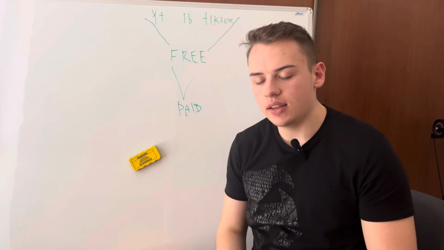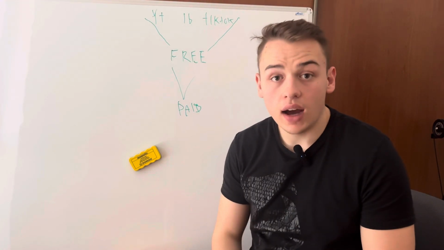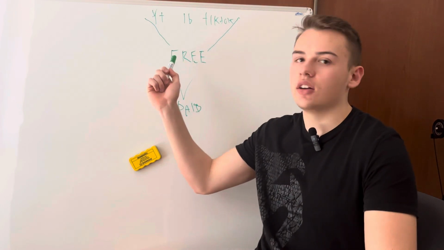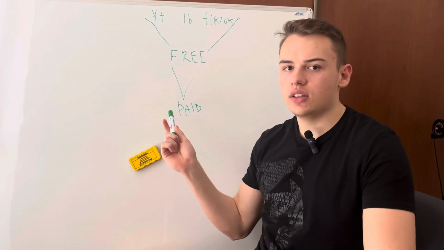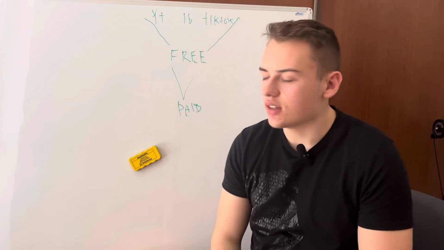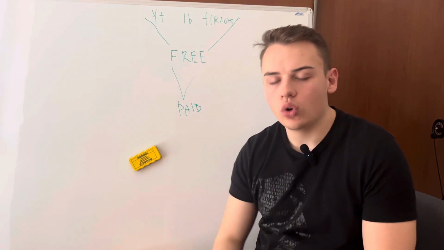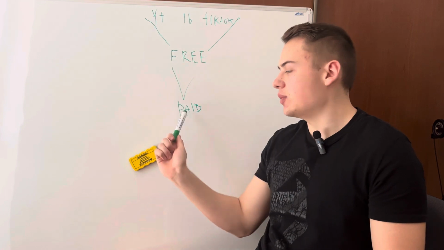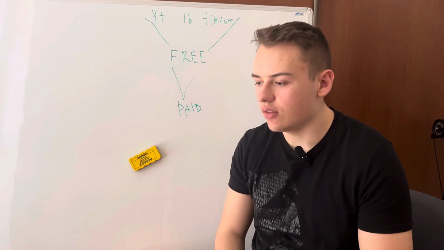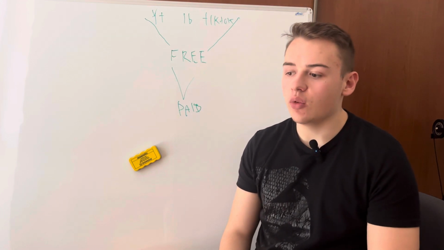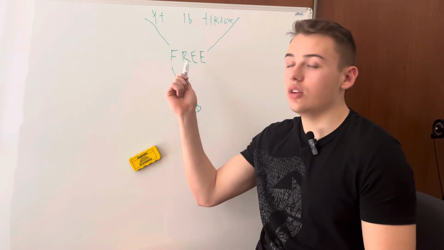So this model is used by Hamza. He has his free Skool community called Adonis Gang, and he has Adonis School. He funnels all of the people into the free community, and then converts them into his paid Adonis School. Max Person has the same one, Max Free, Max Premium. So that's the free one and that's the paid one. This is the model that is working really well if you have some kind of audience and you have a lot of traffic into the free one.